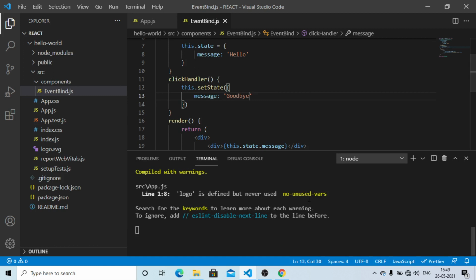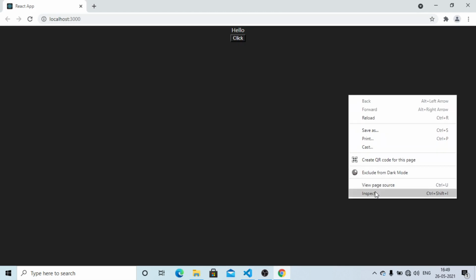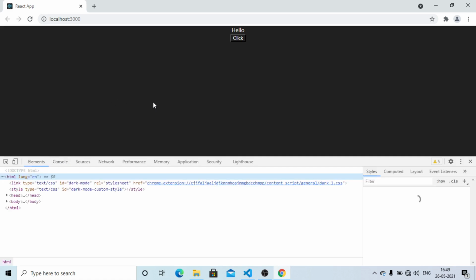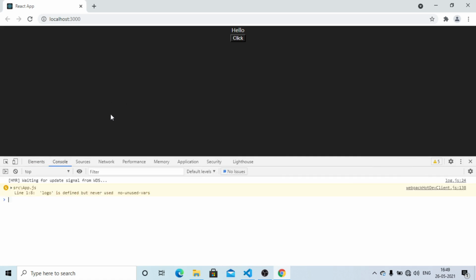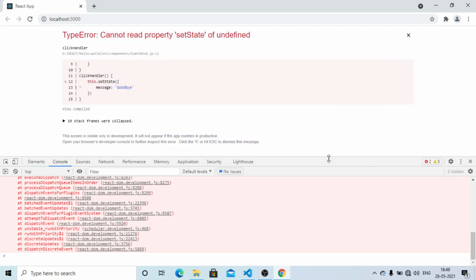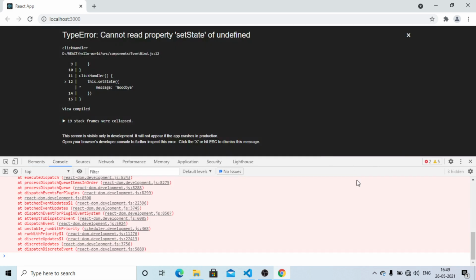Now if we have a look at the browser and open the console, and now we click the click button, the text is not changing from hello to goodbye.